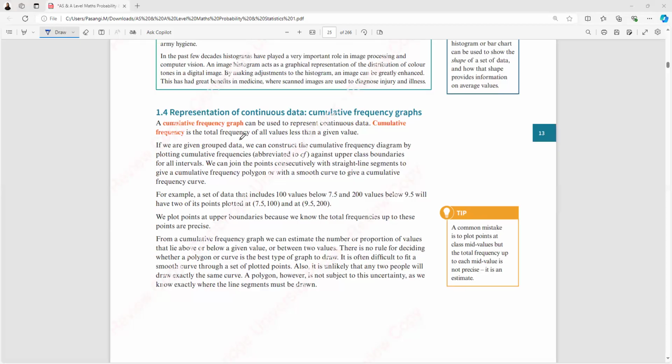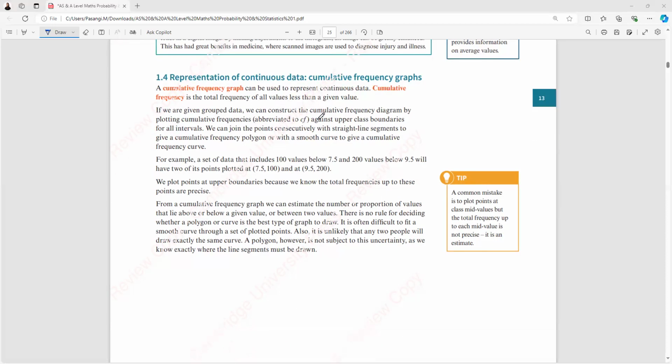අපි අර පොඩි කාලේ කරනවා වගේම add කර කර යනවා. If we are given group data, then we can construct the cumulative frequency diagram by plotting cumulative frequencies. That means the abbreviation of CF. CF කියලා කියන එක තමයි we considered it as CF. So against upper class boundaries for all intervals, we can join the points